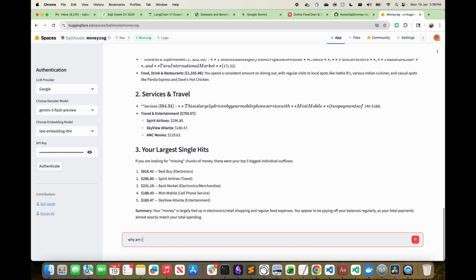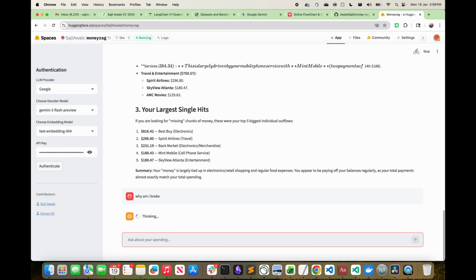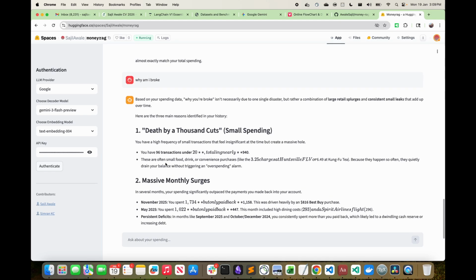Why am I broke? And finally, the answer. Based on your spending, why am I broke? It isn't necessarily due to one single disaster, but rather a combination of large retail splurges and consistent small leaks that add up over time. Here are the three main reasons identified in your history: death by a thousand cuts, small spending.